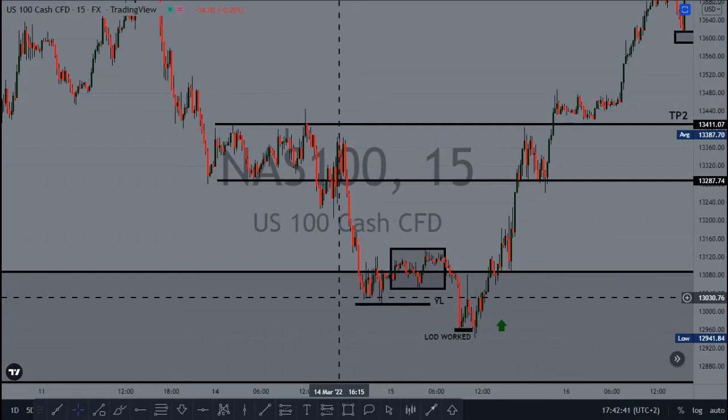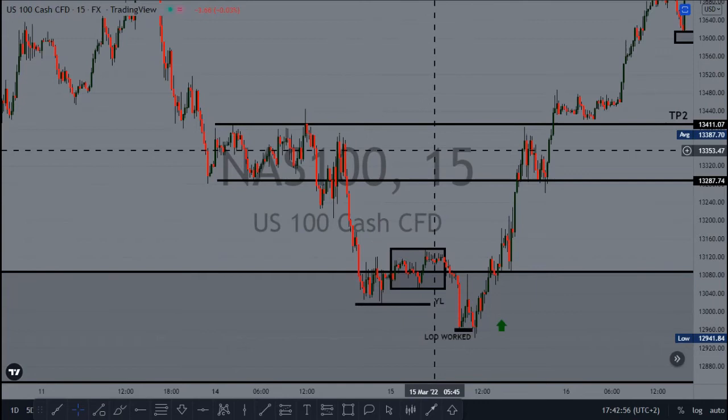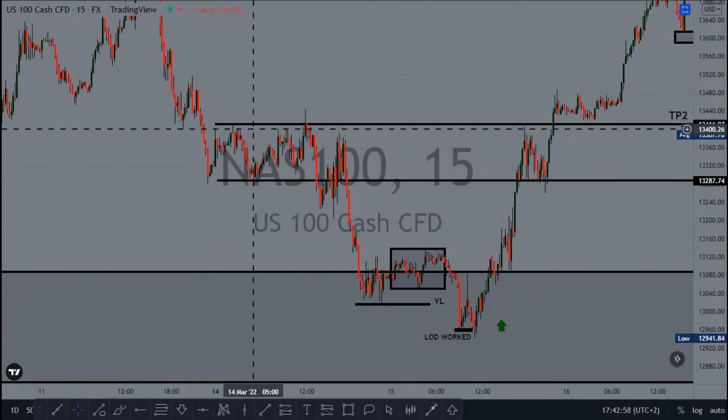So how do you identify what's the stop hunt and what's the real move? The stop hunt is basically fast and aggressive, and the real move is slow and steady. So let me show you one thing, how we can